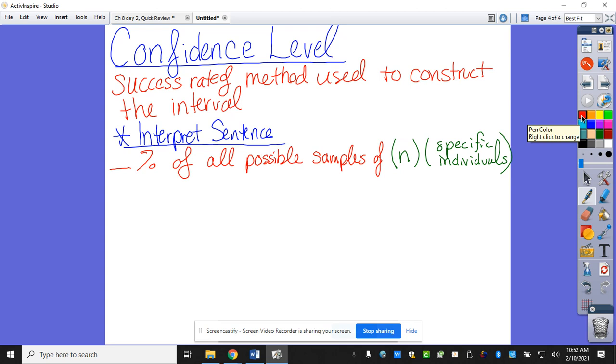So my confidence level percent will capture that many percent of all possible samples of that size of whatever we're dealing with. Or that percent of all samples will result in an interval that captures